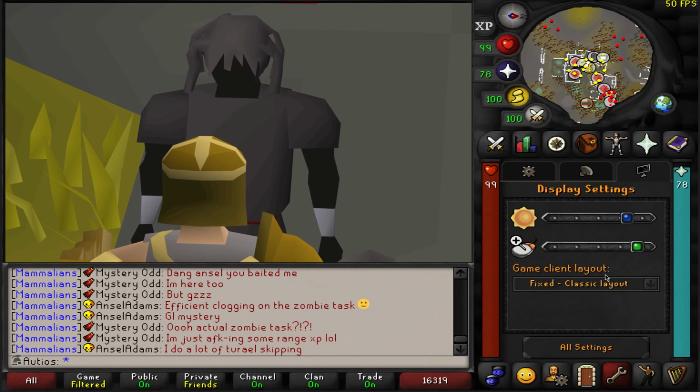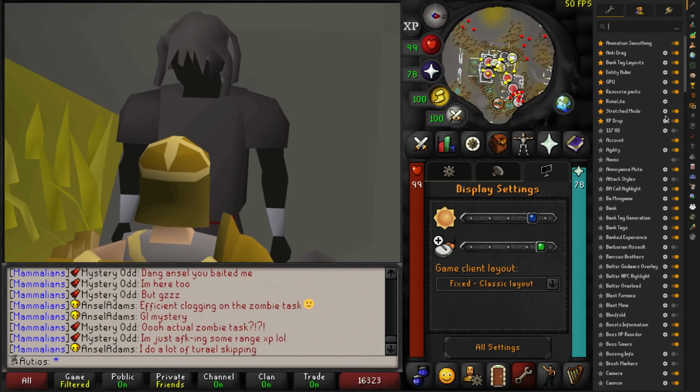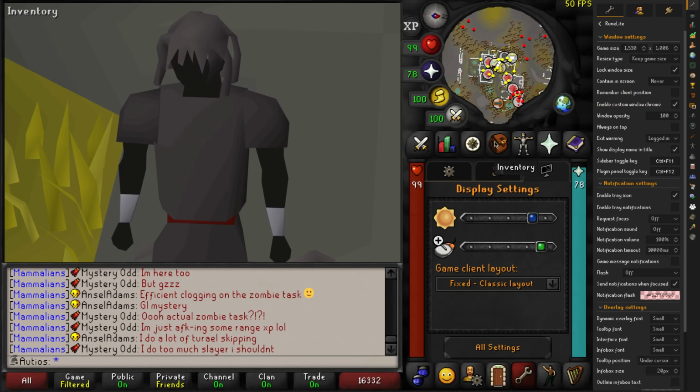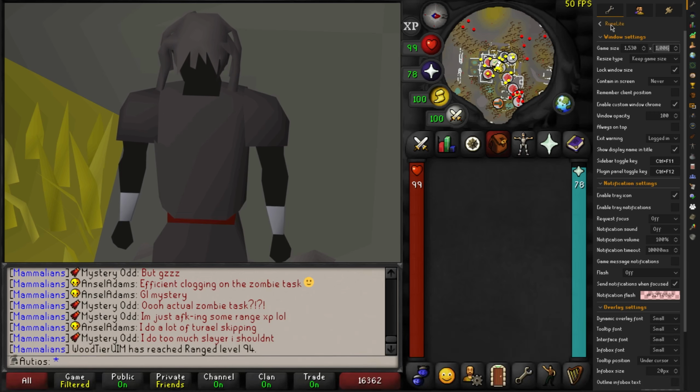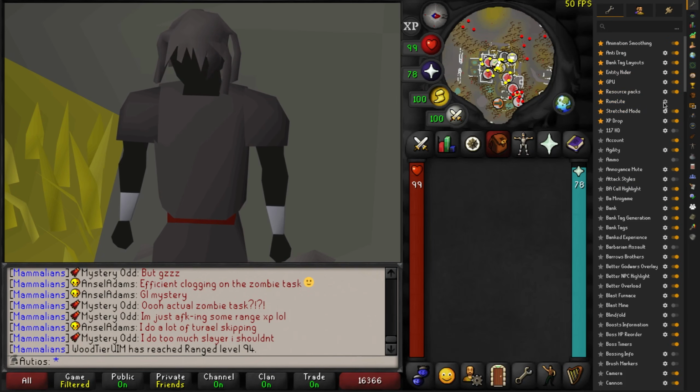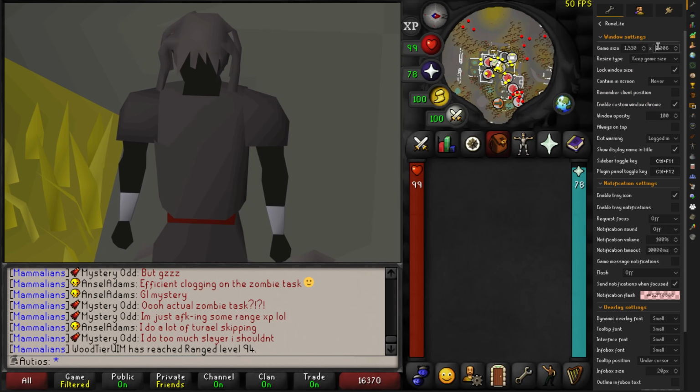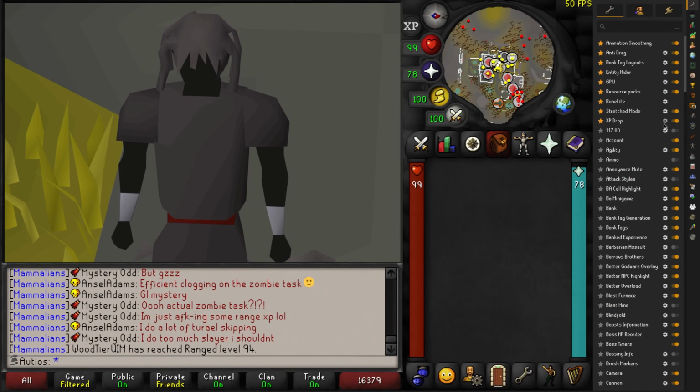So yeah, I use fixed, and when you're in the fixed classic layout, you're going to want to go to your Runelite settings. Now, disclaimer, this setting makes your screen huge if you do exactly what I do. And you can tell by the size of my mouse on the screen. You can see it's really small in my inventory. But what I use is 1530 by 1006, and this is the Runelite plugin. The Runelite plugin within Runelite plugins. I don't know, that's kind of weird. Anyway, if you make it exactly this, it's going to make your client massive, but it's going to look like